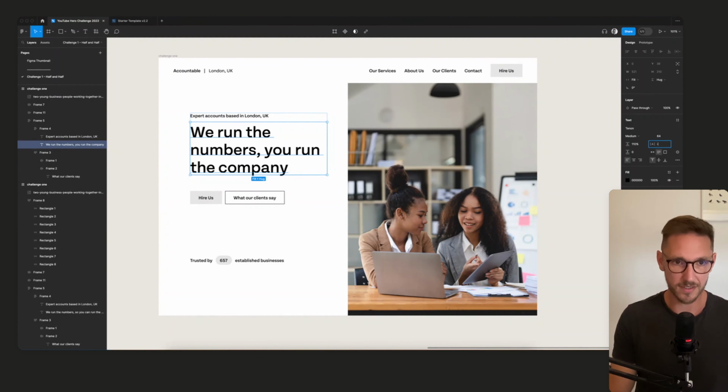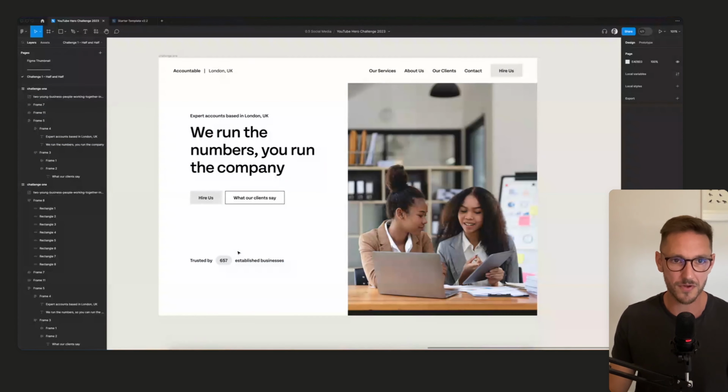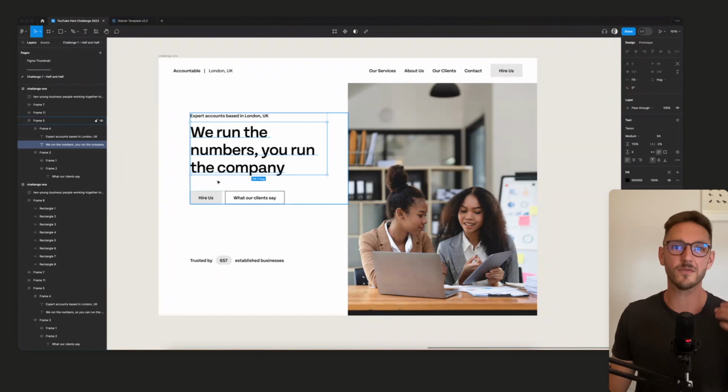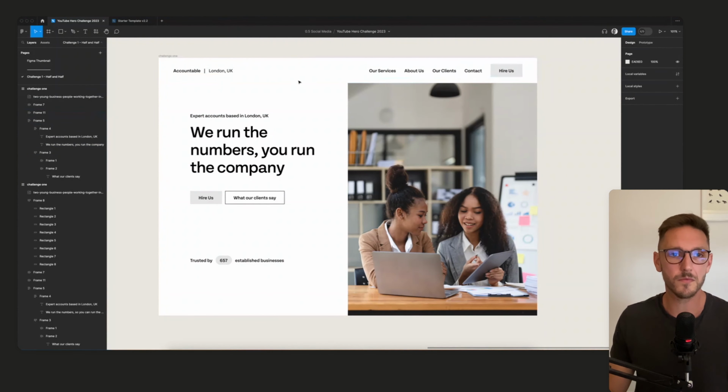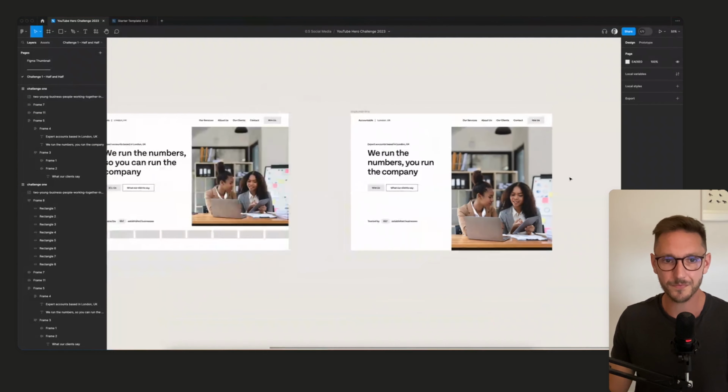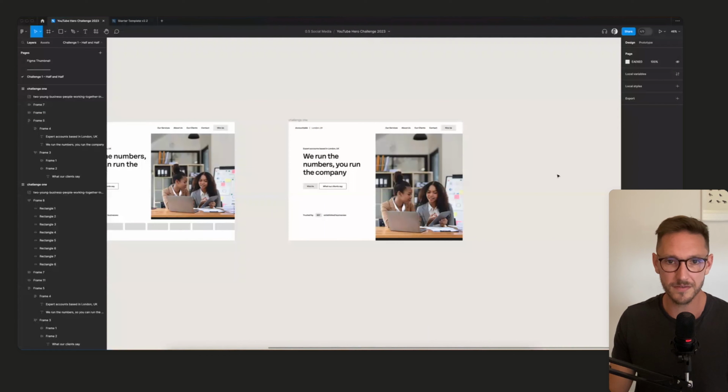I'm going to bring the letters a bit closer here. -2% looks okay for now. But again, this is probably something that your branding designer would tell you. They'd give you some rules for your typography, wouldn't they? So we'll leave that like that. That's fine. So we're looking good, right?